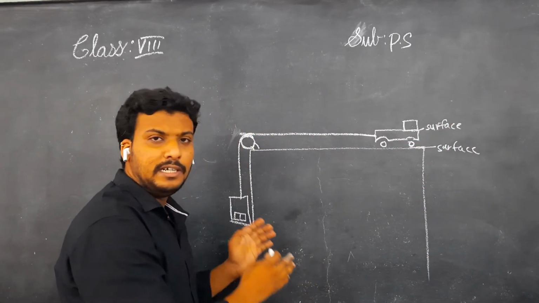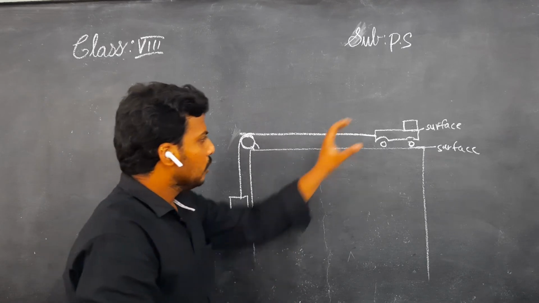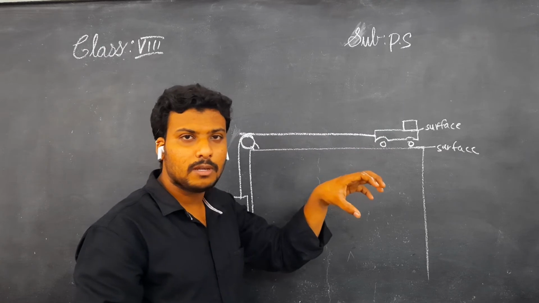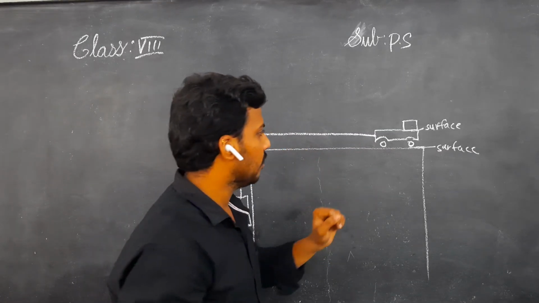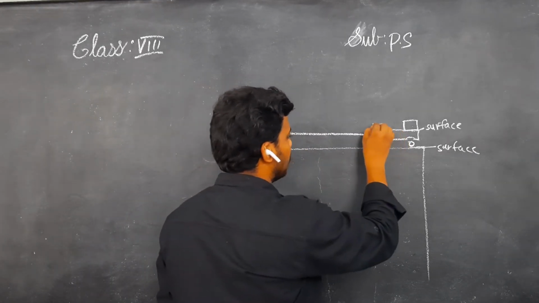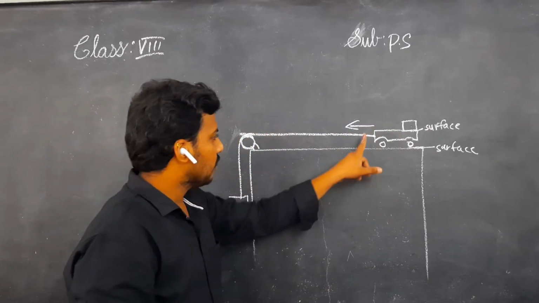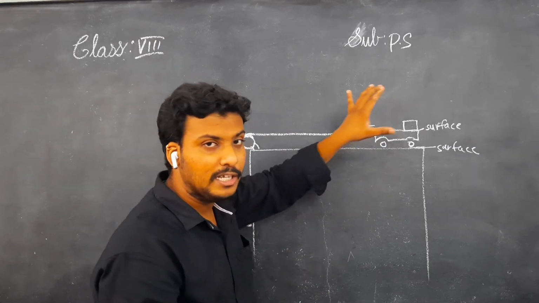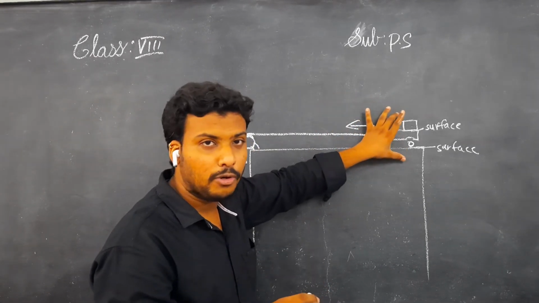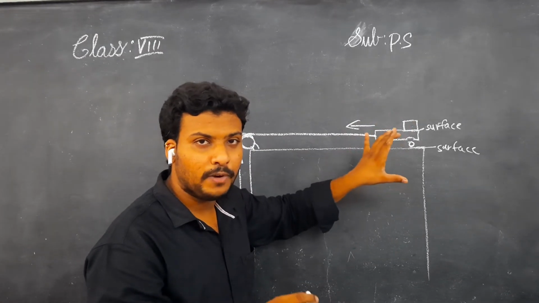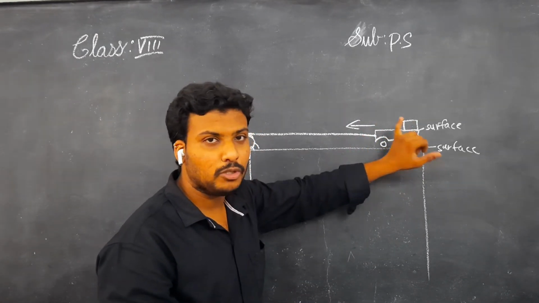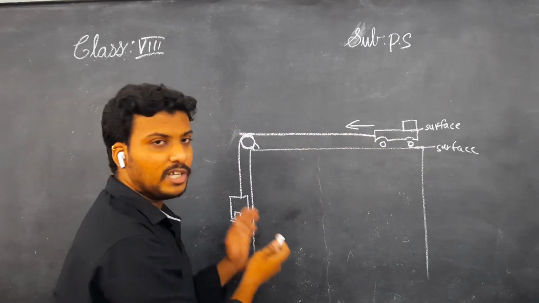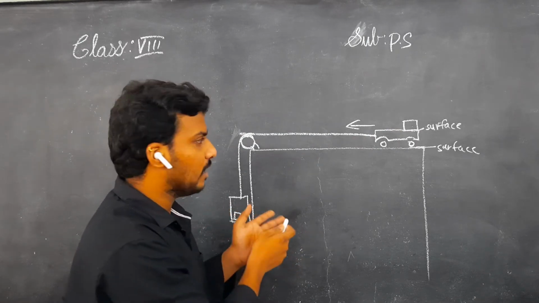Right now, continually take the weights and keep them in the weight hanger. So what will happen? The toy trolley also moves. When the toy trolley moves, the frictional force is produced, children. Understand children? The direction of friction is like this. The arrow will be at the left side. But understand children, when the toy trolley is moving, observe carefully. When the toy trolley is moving, the force of friction created by the surface of the trolley will be in the direction of motion, to the left side. It will be in the forward motion, that is at left.